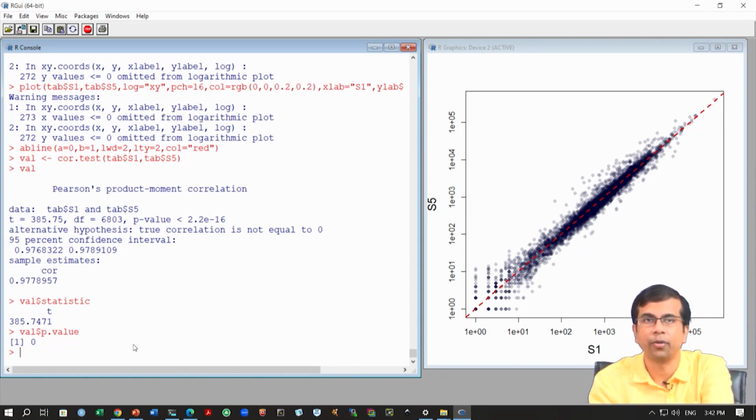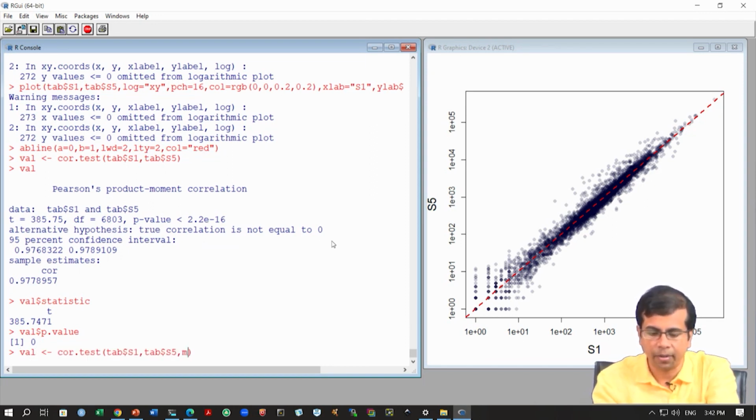Similarly, dollar p dot value will give you the actual p value. So it is here 0. It is a very extremely low p value, right. It is not 0, of course, it is an extremely low p value, because these two data sets are very highly correlated. Okay. So, you can change this correlation format again, and you can say method equals to